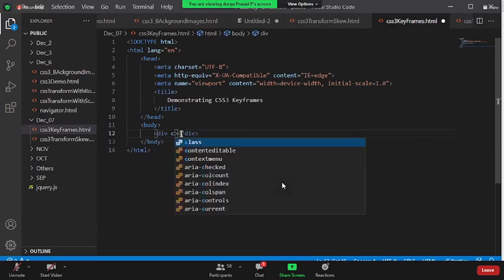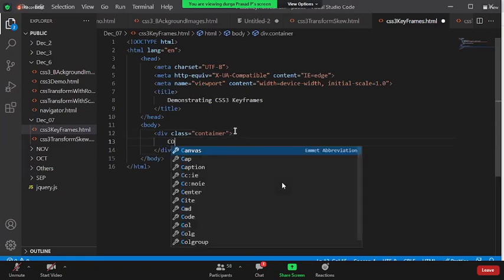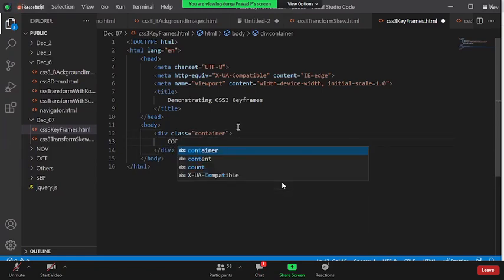Let us say I have a class container. Some content is there.